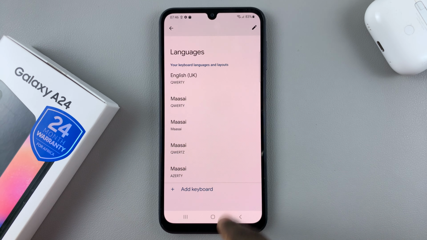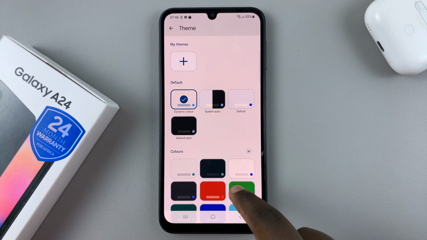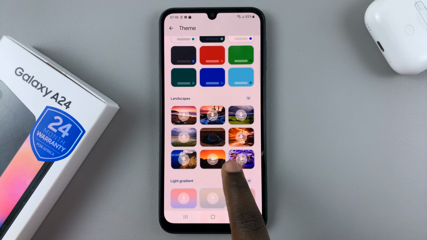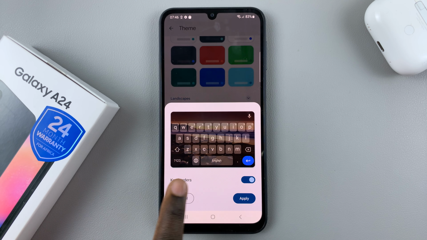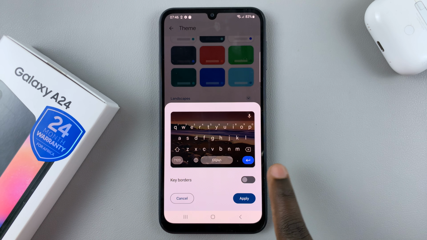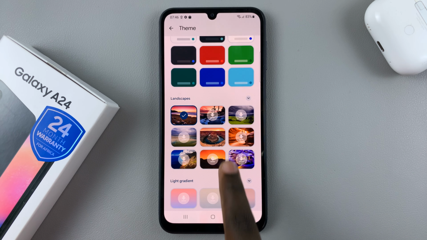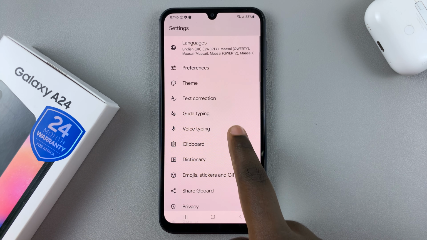So you can change the theme of your keyboard to a color or an image if you would like. And then you'll have these previews popping up showing you how it would look when applied to your keyboard. So you can apply it like that, and then you just go back, and then you can have voice typing